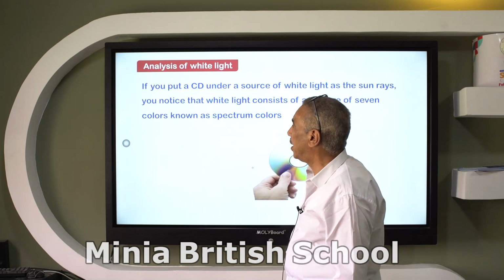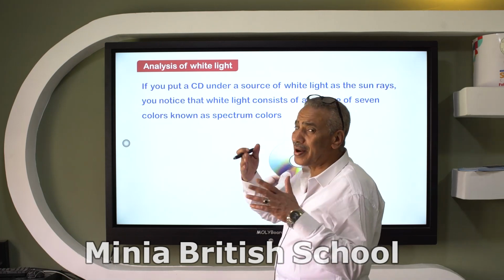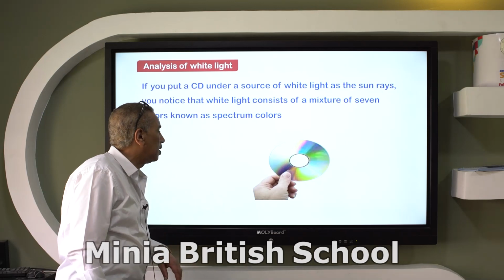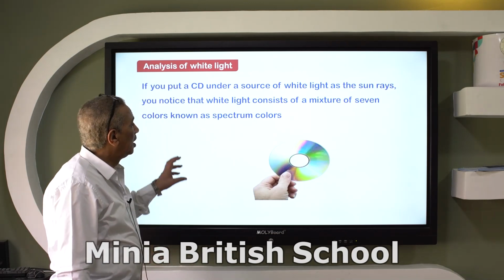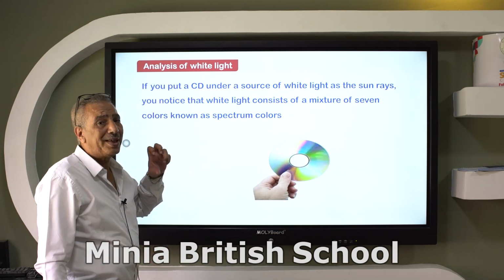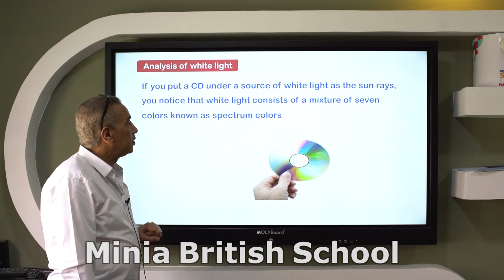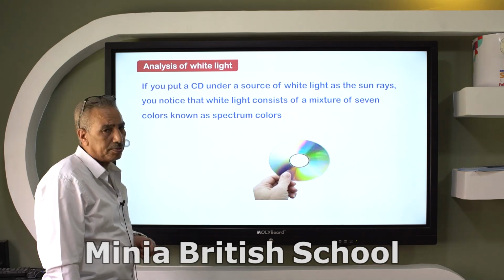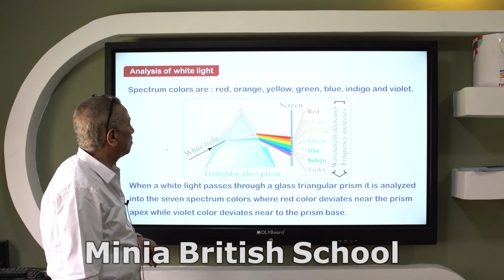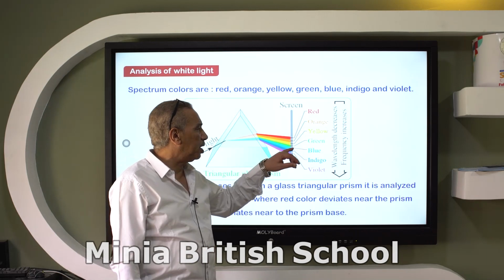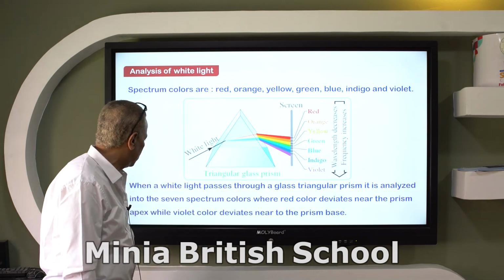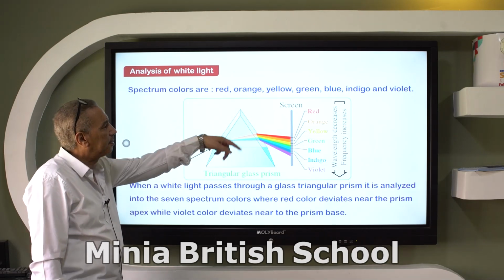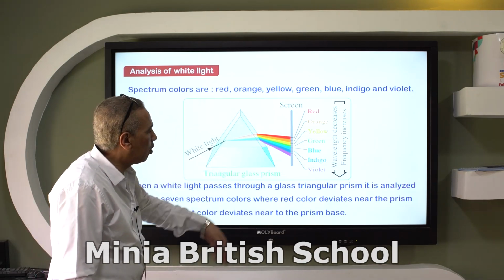If you make the analysis of the light by using a triangular prism or whatever tool, you will see that it is composed of 7 colors. These 7 colors are called spectrum colors. These spectrum colors are red, orange, yellow, green, blue, indigo, violet. They come out from the triangular prism and can be received on a white screen,